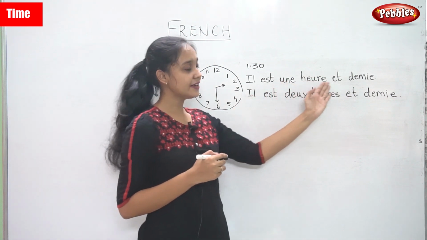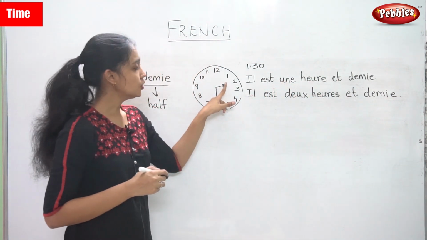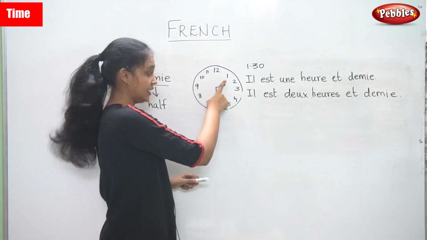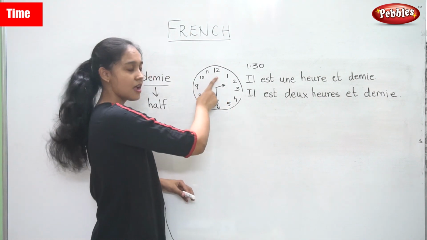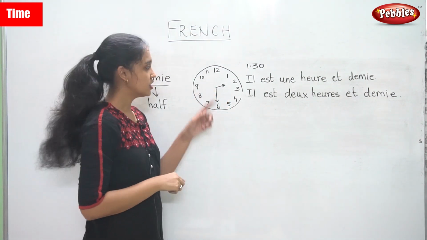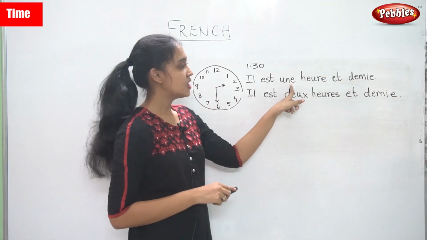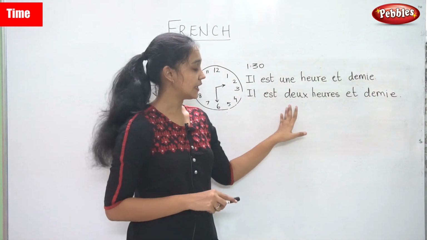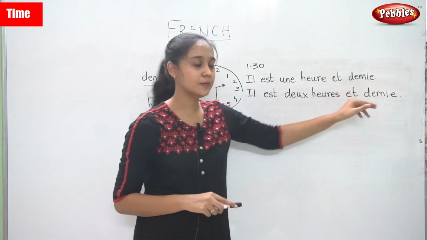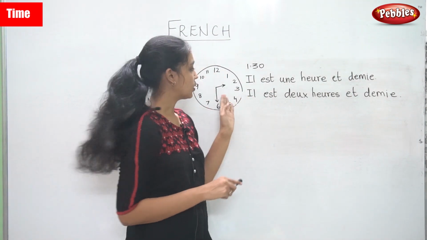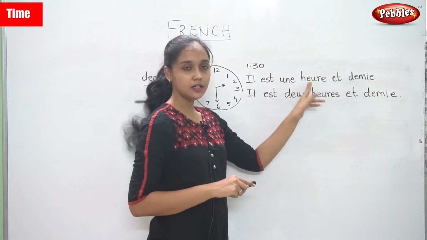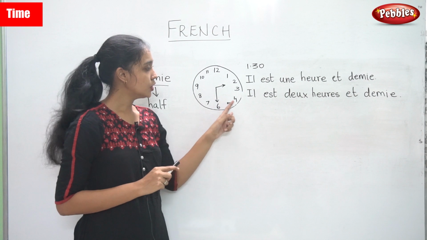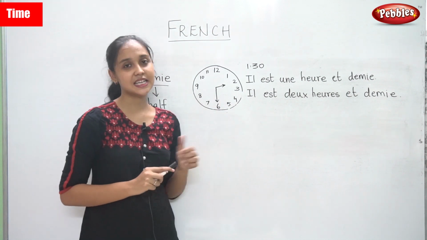Il est 1h30. So, similarly, I am sure you will be able to write 1:30, 2:30, right up to 12:30. So, all you have to do is write the number of hours, 1 or 2 or 3, etc. A demi, it means half past whatever. Now, if it's 1 hour, 1:30. So, now you know how to write the time when it is in this form.